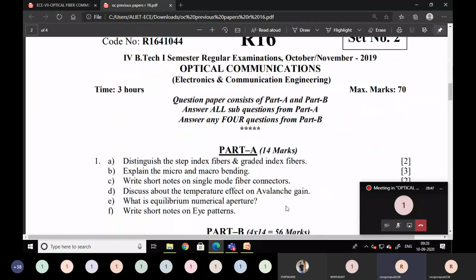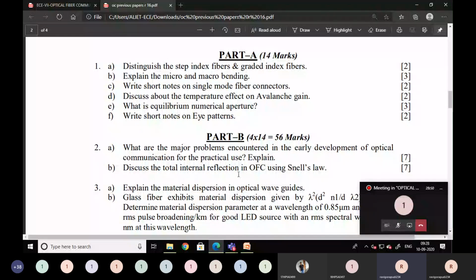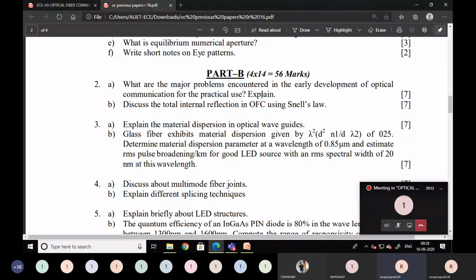Okay, so that is part A and part B. When you are writing part B, you have to write 4 questions. After writing 4 questions, in each question you have to write both parts. For example, in the second question I'm writing A and B. You can write the second question continuously. Don't write 2A in one place and 2B in another place like that. Okay, so you have to write 2A, 2B continuously, and in the same manner 3A, 3B continuously like that. If you write the second question first, next the fourth question, next the 7th question, no problem. But you have to write A and B bits continuously. Okay, that is one thing.